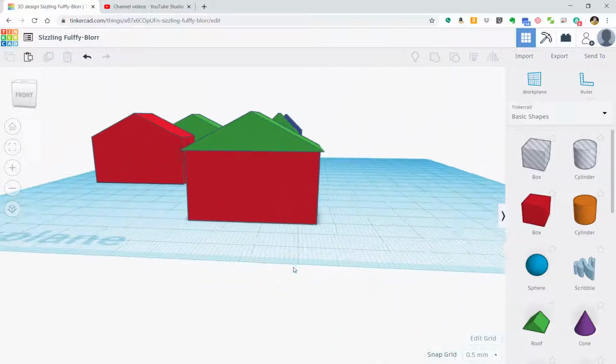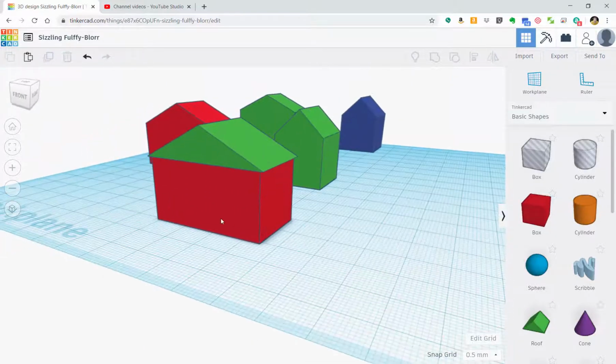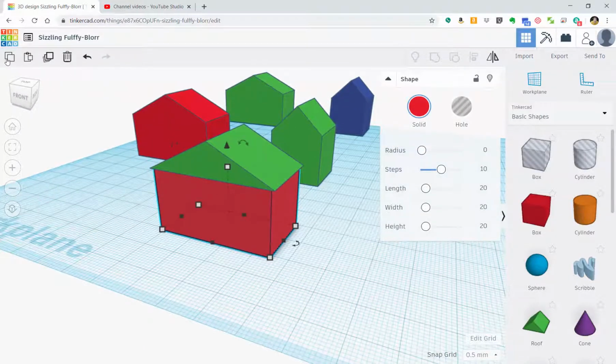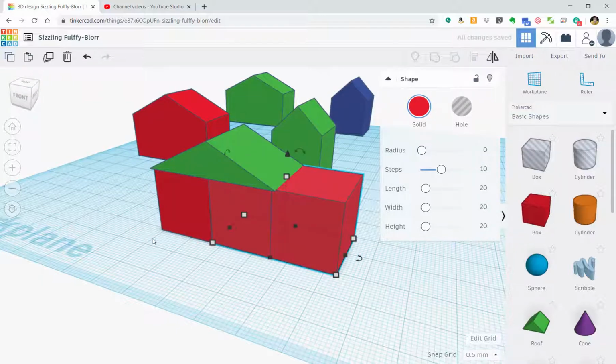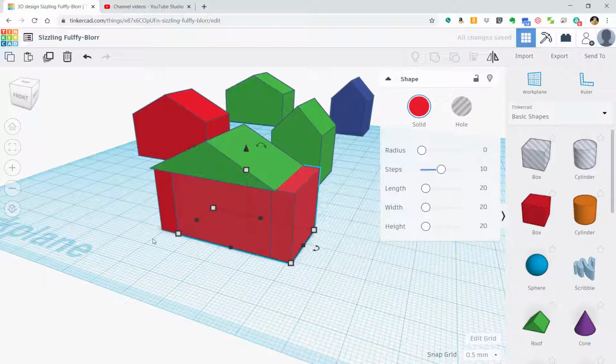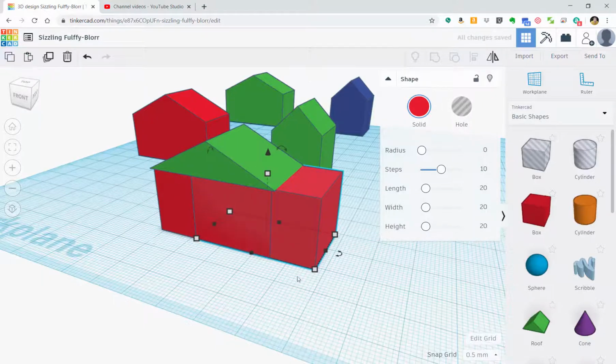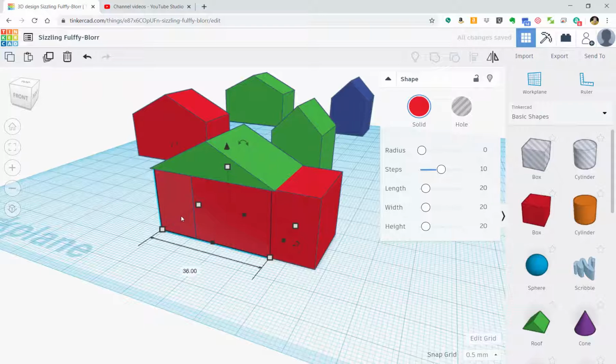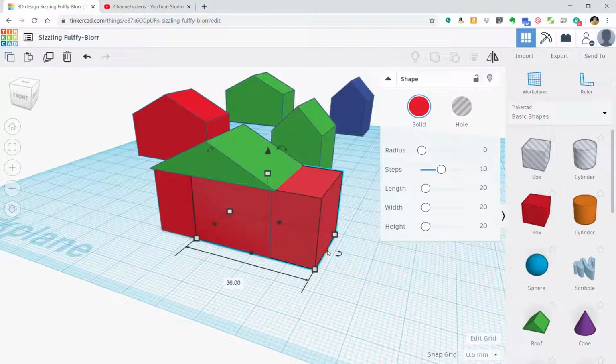Okay. But we also want to make sure the inside is hollow. So I'm going to click on this, click copy, and click paste. I'm going to move it over so it's right where it needs to be. Well, not yet, I'm going to wait to do that. Since we know this guy is 36 millimeters by 20 millimeters, I'm going to say this one is 34 millimeters